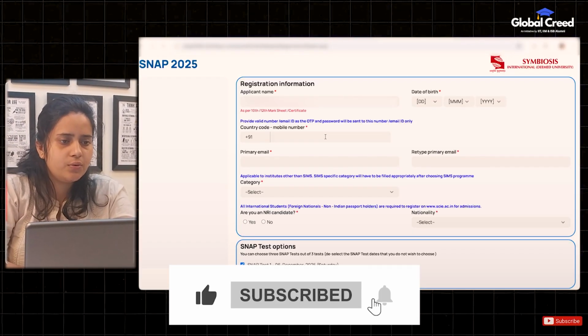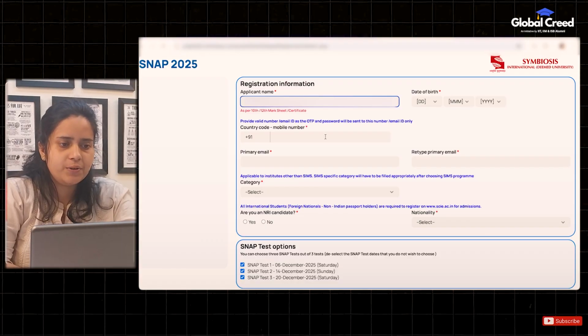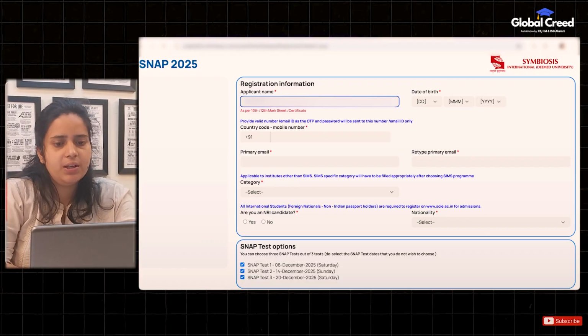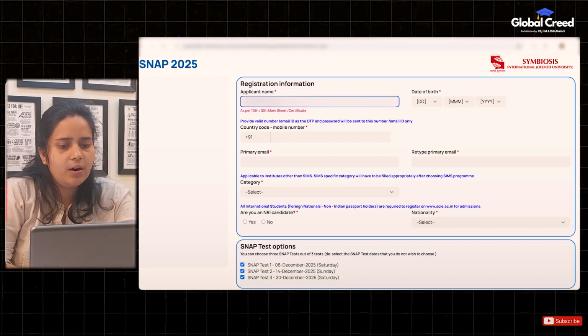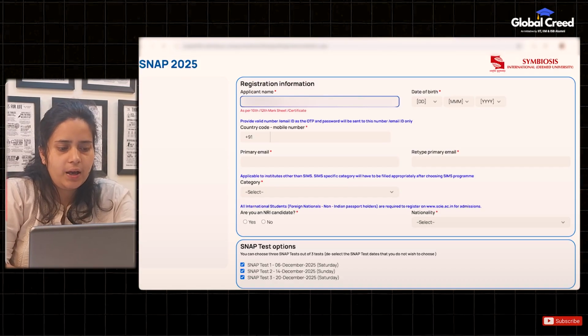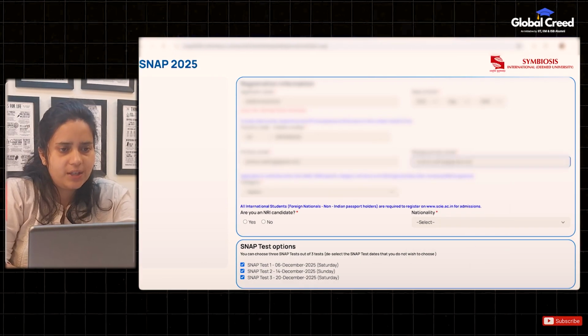Then you have to fill in this information: applicant name, date of birth, mobile number, primary email, the confirmation of that primary email, category, nationality, and then if you move across, you would have the dates.